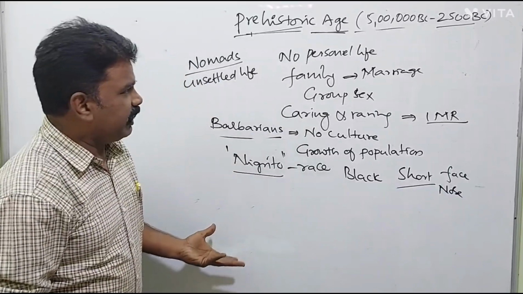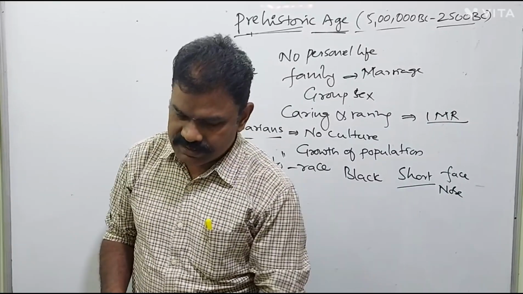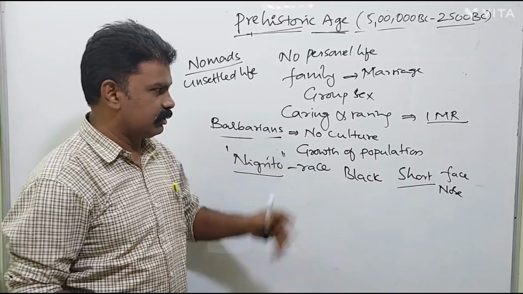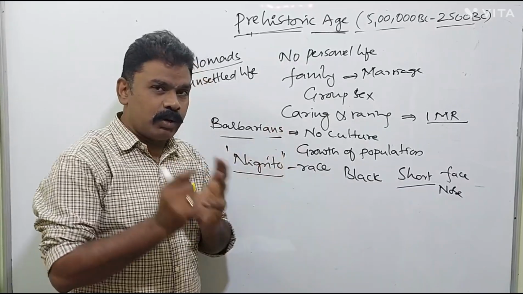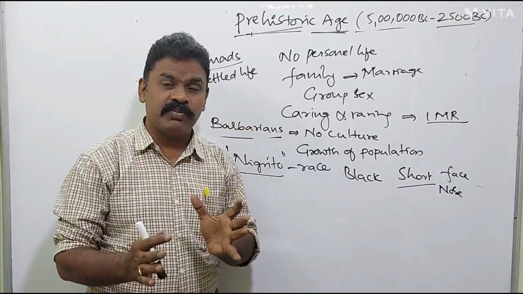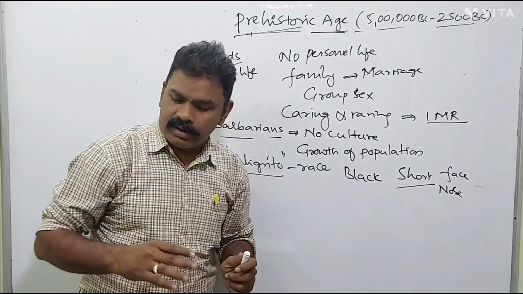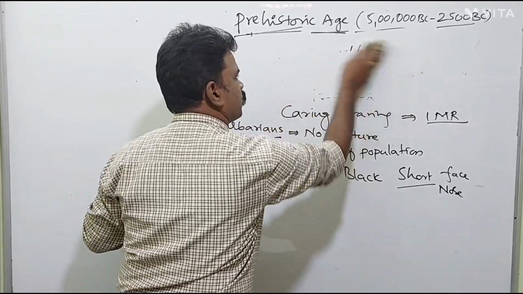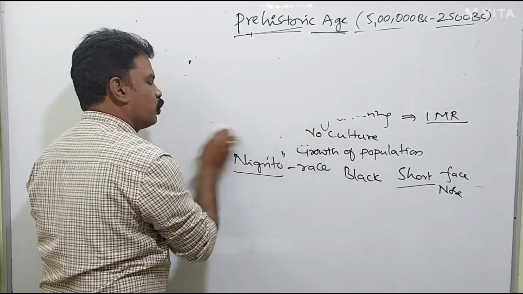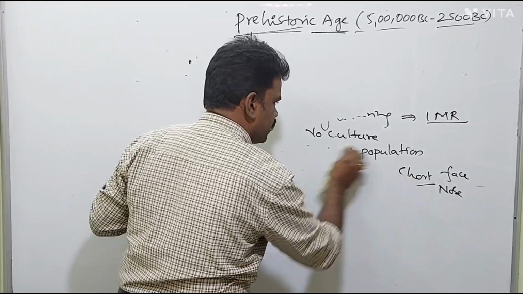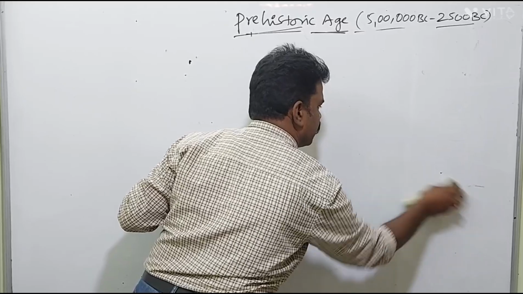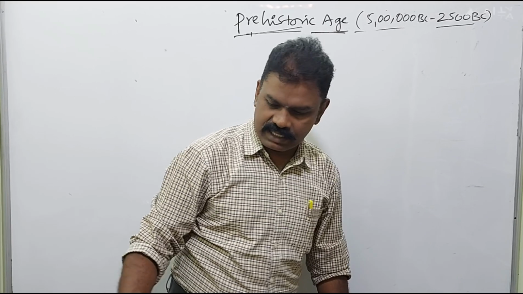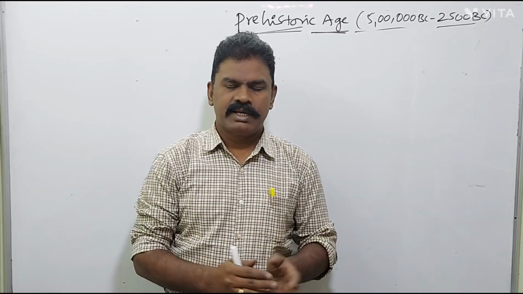Yeah, this is about the Paleolithic age. I think we completely covered it. We covered more and more points. You cannot find all these points in one book. This is a collection of information you can find in different books, not in a single book. So we covered much information which was needed for the complete examination. It is useful not only for Group 2 or SI constable of the states, but it is also useful